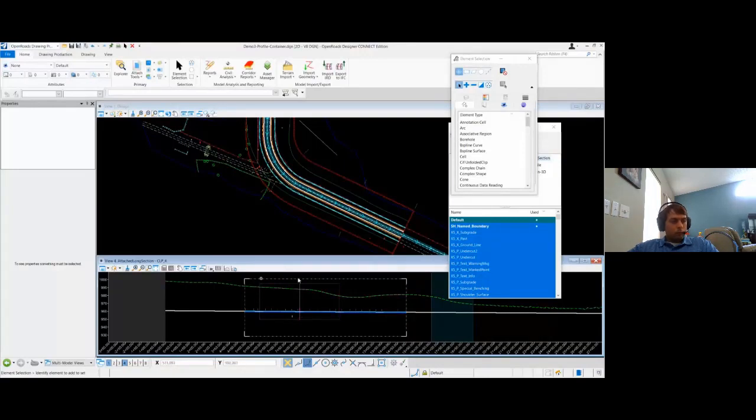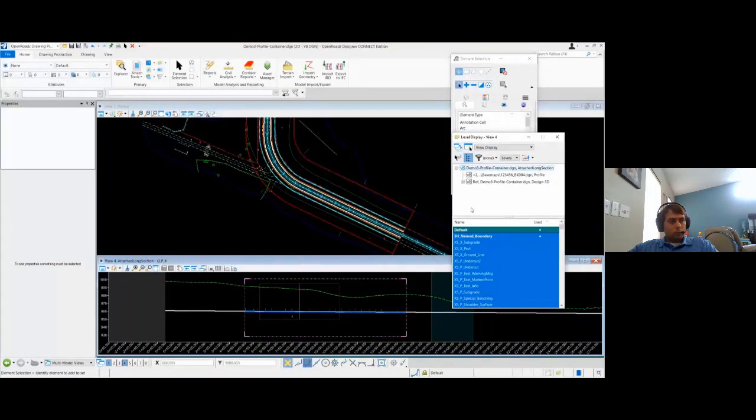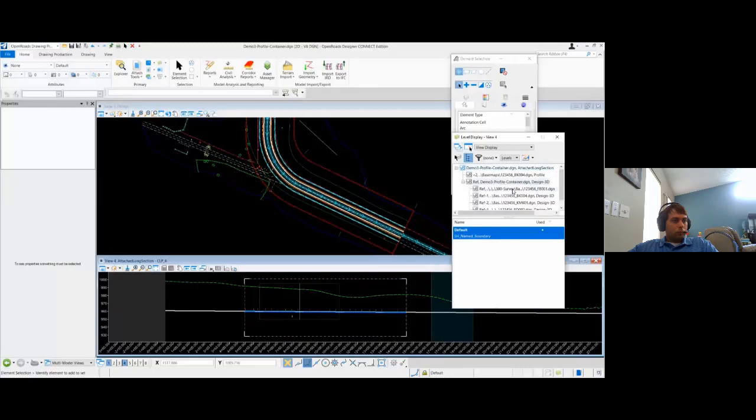And we can control the 3D cut level display. You have to have OpenRoads Designer 2020 Release 2, and it doesn't work in Release 1. And the way you control it is you go to the level display, which after I added that 3D cut, you see it added more of these references.